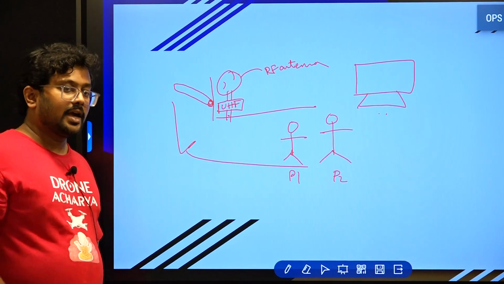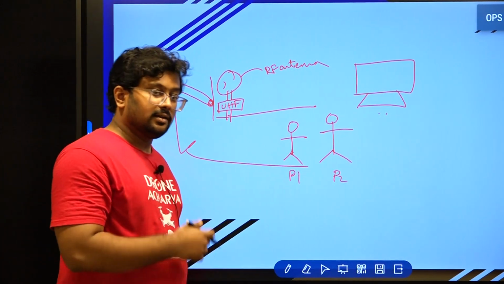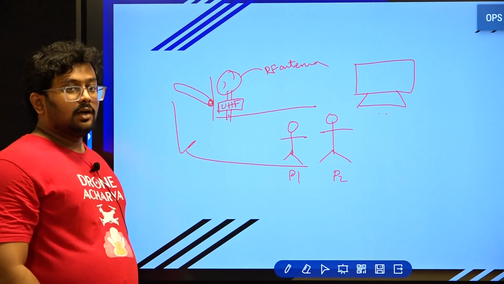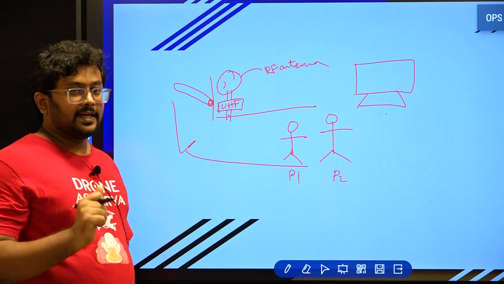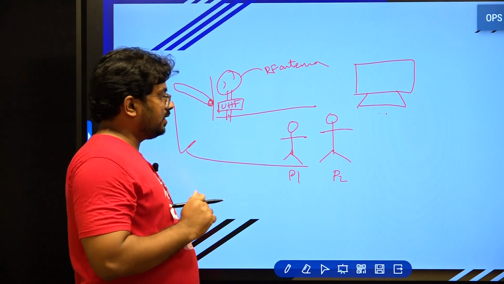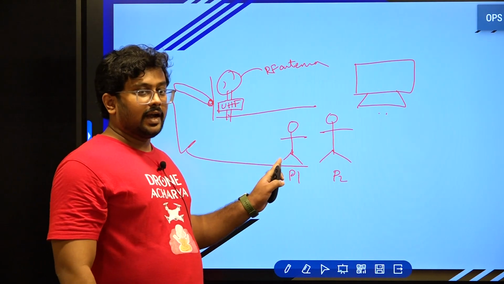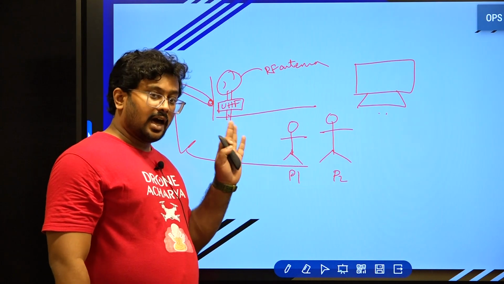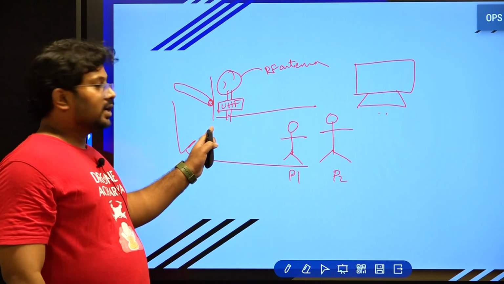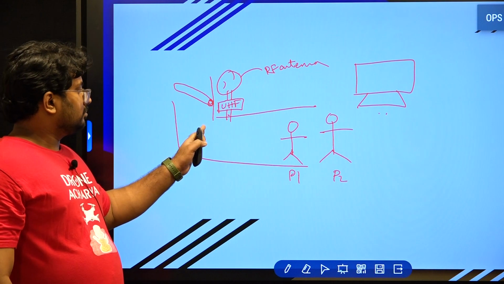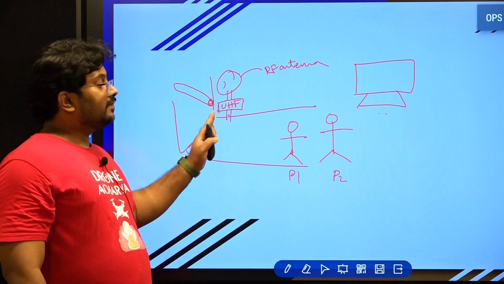How do you identify that person, that it is P1, and how do you identify that the person is P2? So simple. All these persons will be having an ID card on which we will have an RFID tag. It is really clear that we'll have an ID card which will be having an RFID tag. So whenever a person moves to an RFID reader, then what happens is this system will identify the